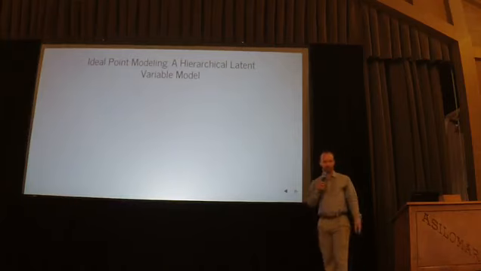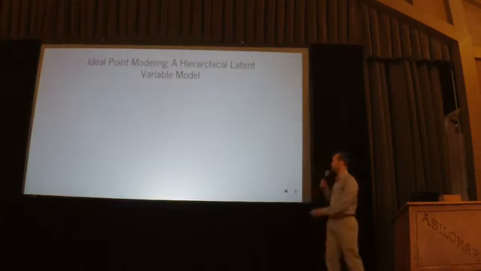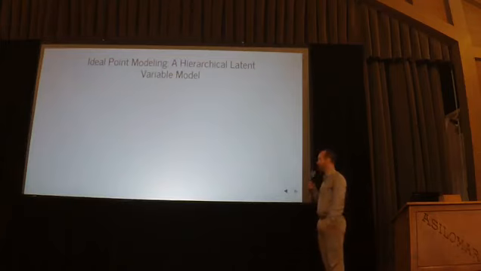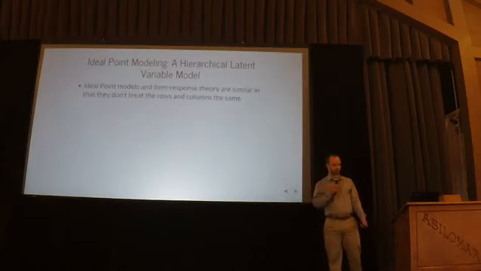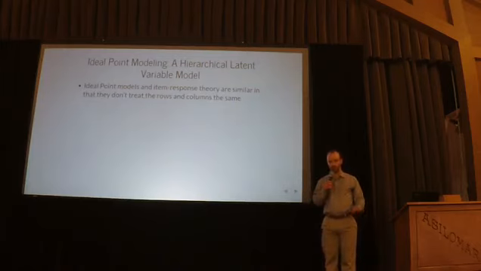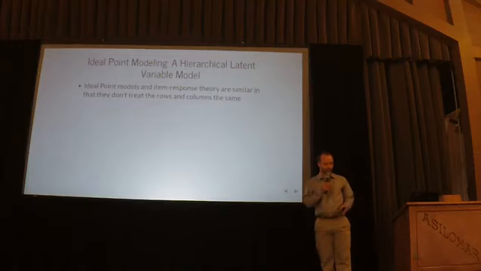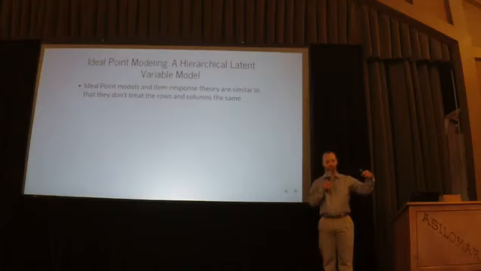So I define an ideal point model as a hierarchical style latent variable model. And I'm abusing the word hierarchical because I'm not talking about multi-level stuff or hyperpriors. Instead, what I'm talking about is how we think about the rows and columns in the matrix that has the data, the observable indicators. And ideal point models are similar to item response theory models in that they don't treat the rows and the columns the same. Matrices don't have to be symmetric, and if you transpose that matrix,